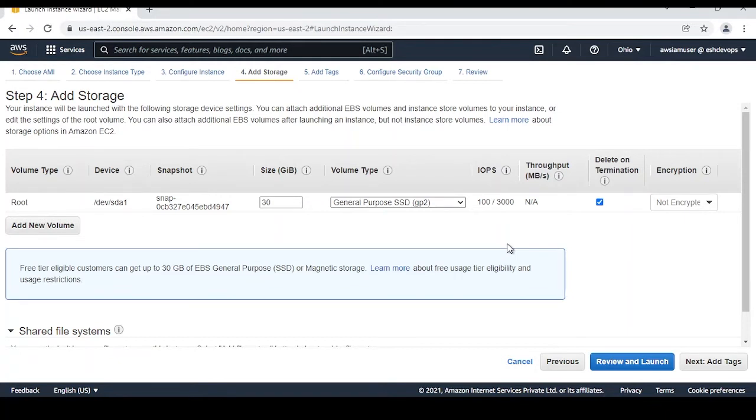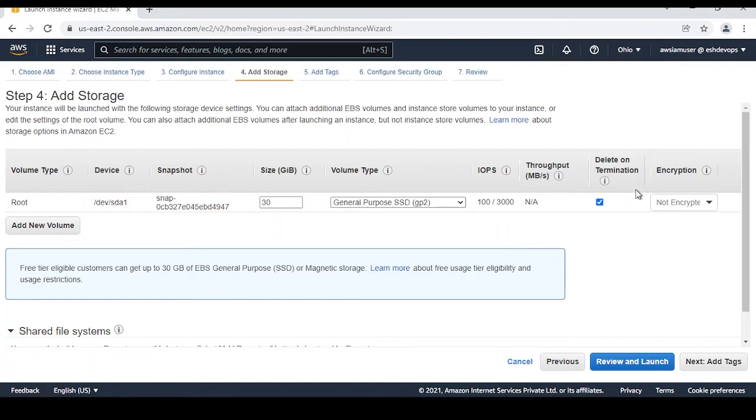But for keeping this volume or hard drive, you have to pay a little bit of money, because for keeping the storage you have to pay. So be sure that if that data is not valuable or not going to be used in future, you better just terminate that volume.